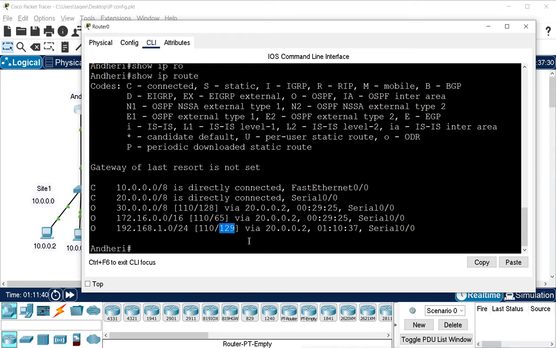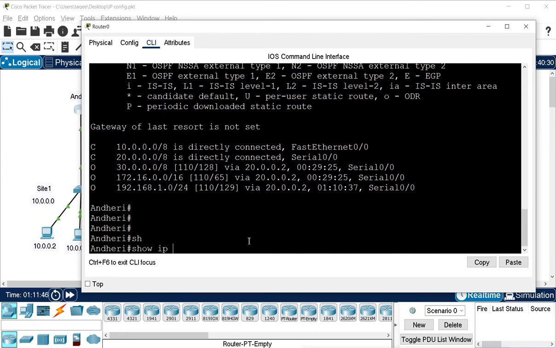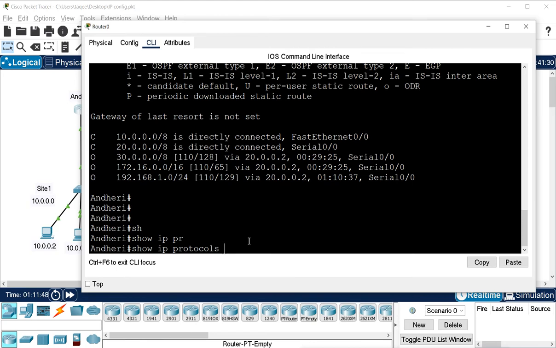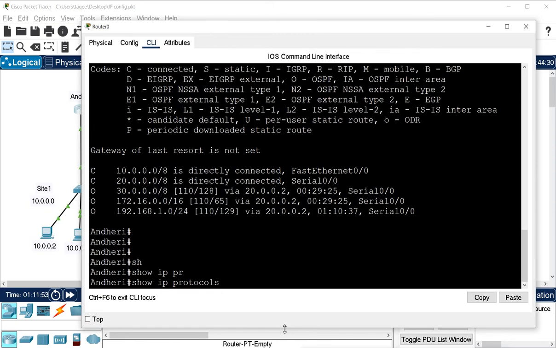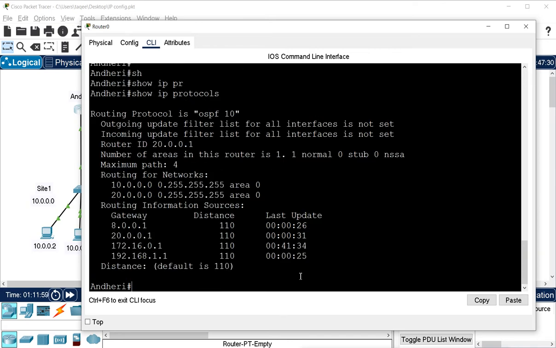Then if you want to see other information like show ip protocols, it will show you the information about the protocols. Whatever protocol you configure, RIP, IGRP, or OSPF, it will show you what protocol we have configured and the information about it.